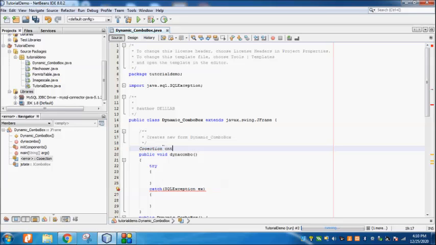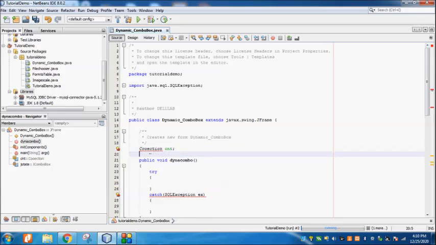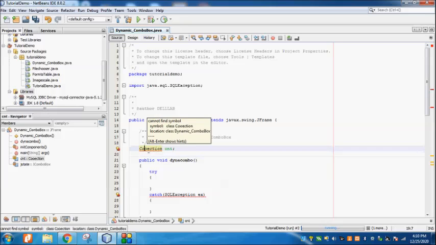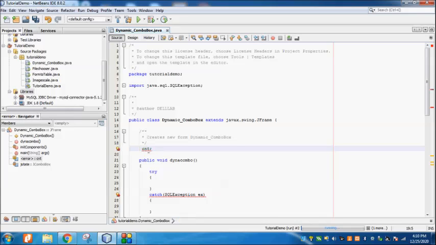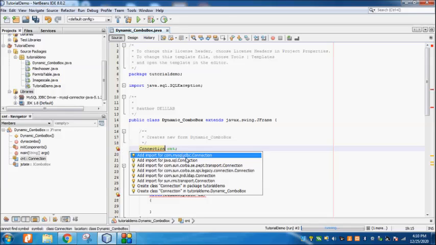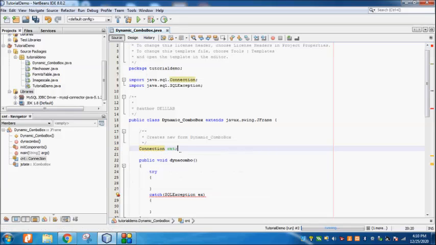The name of the connection is cnt. Connection cnt, I'll import that package, java.sql.Connection.